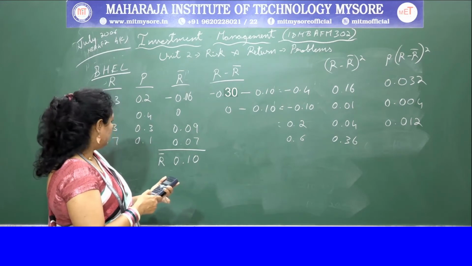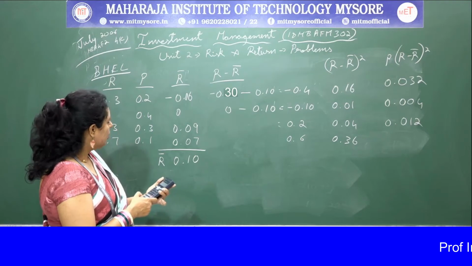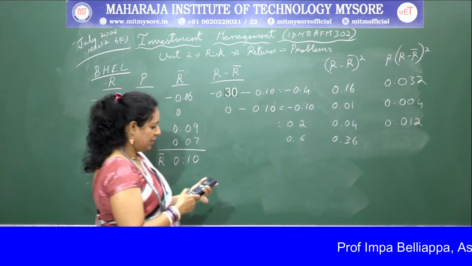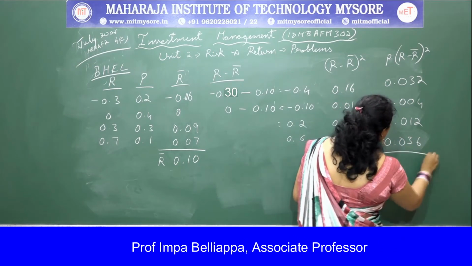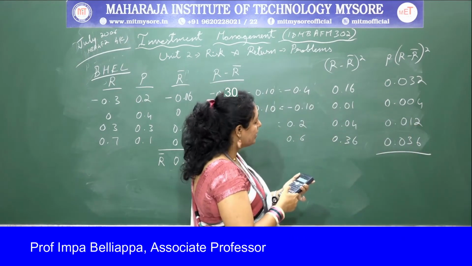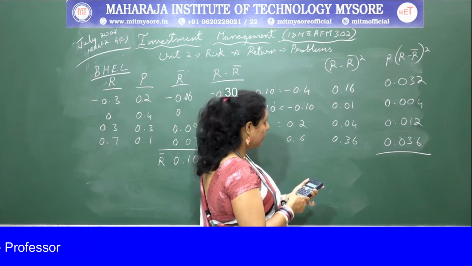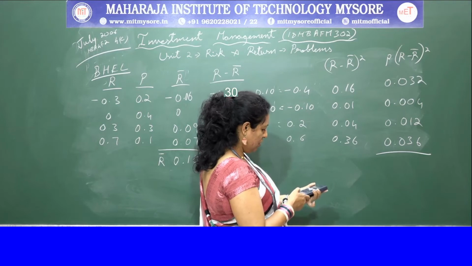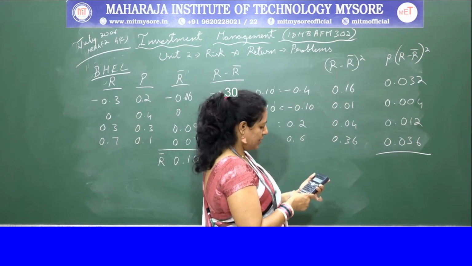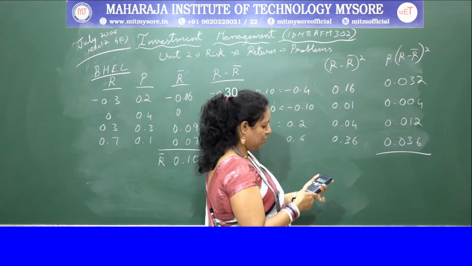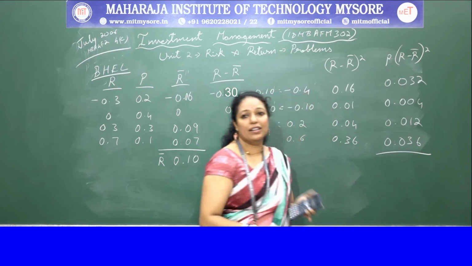Then you have the last one, 0.36 into the probability 0.1. That is 0.036. And you need to add up all these. That is 0.032 plus 0.004 plus 0.012 plus 0.036. So you get a sigma of